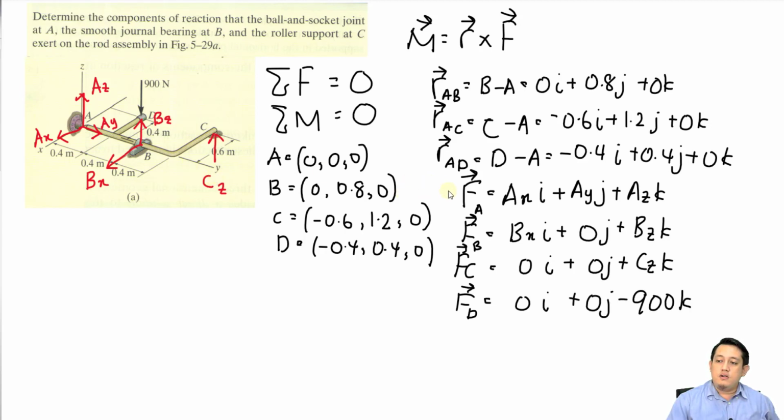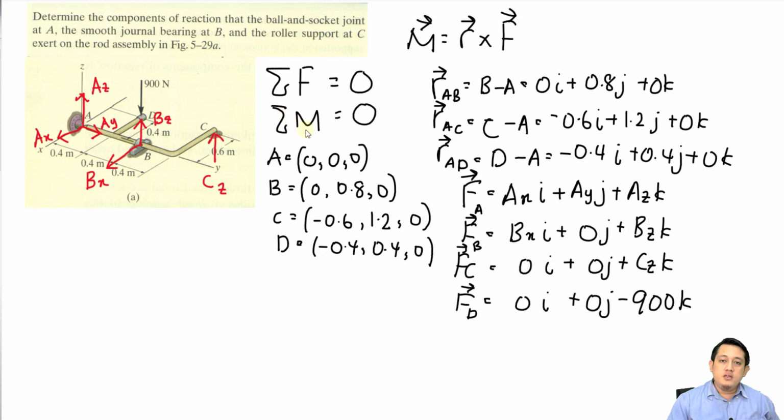Now we have all the forces. I also include the force at point A, because we want to change everything into vectors, so I just do the force at A also. So we have FA, this one, FB is this one, FC this one, and also FD, which is this one. Next, as I mentioned earlier, we will use this one.